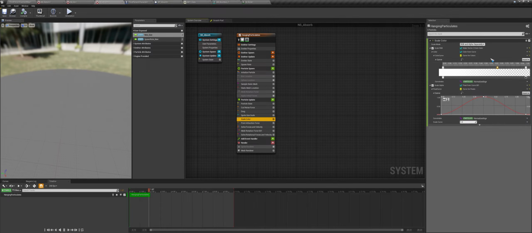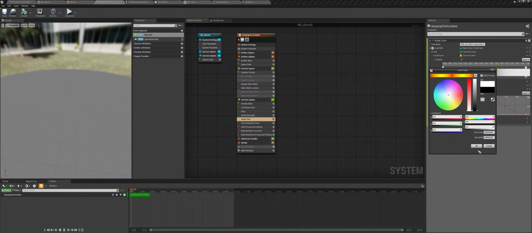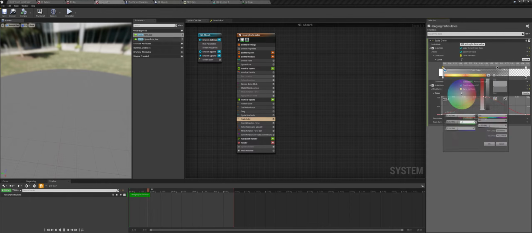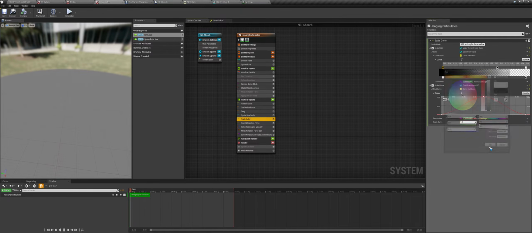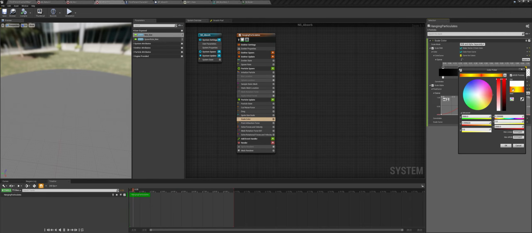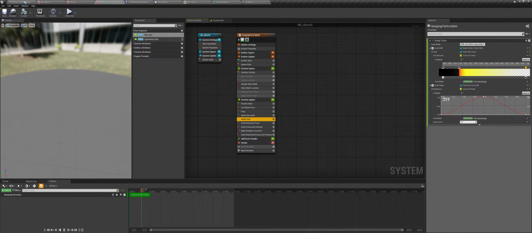So we get all these things, and I will select this and I will change this value to 0. I will select this and I will change this value to 0, and I will bring this closer here, and this value I will change to like this orange color. Just type in this value here, and now if I press play,